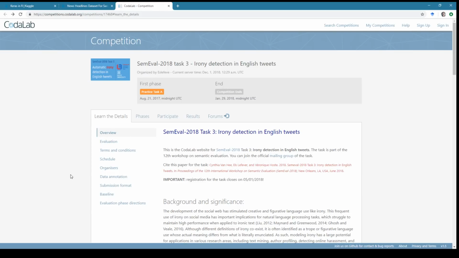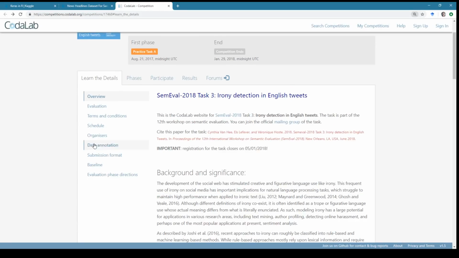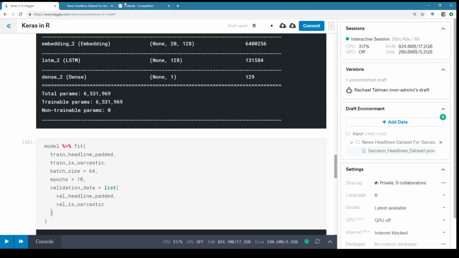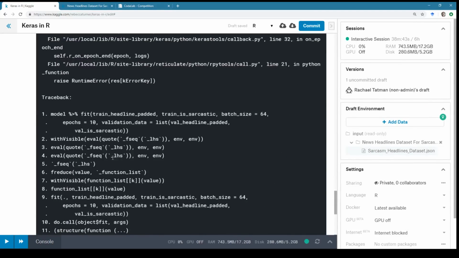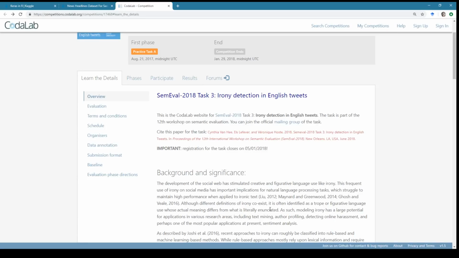Kabuchi Swag says, what are you trying to fit this to? What is the goal aside from solving the current bug? The goal would be to correctly detect sarcasm, and maybe submit a little something to the shared task. Kanishka says, SemEval may have the task, actually. They do. Great minds.